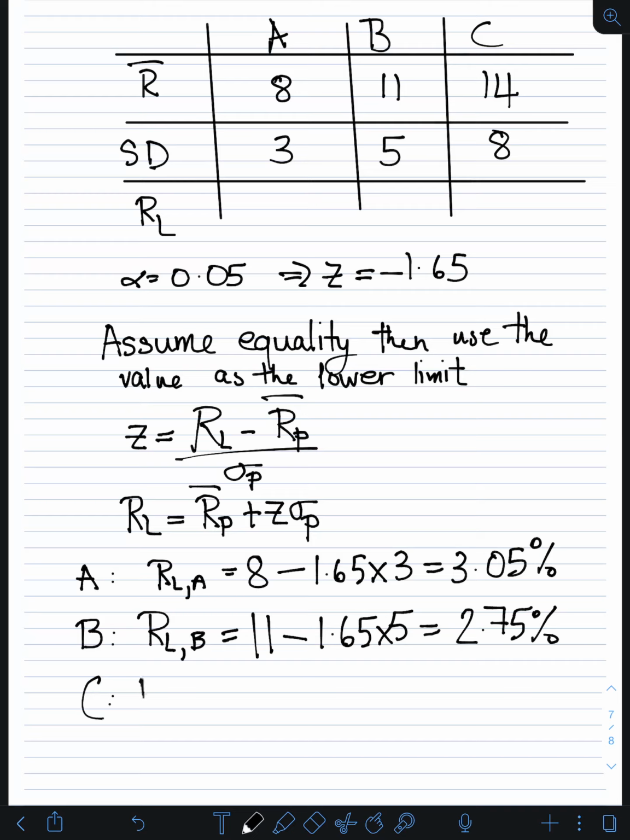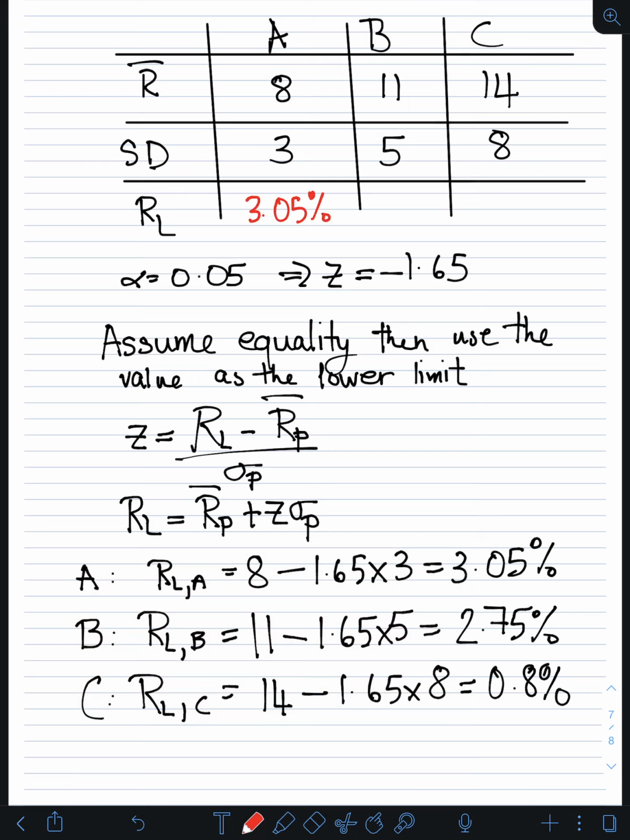So I apologize. We do the same thing for C. For C, the expected return is 14 minus 1.65 times its standard deviation, which is 8. Once we do that calculation, we get 0.8%. So let's write them down. Let me change the color so you know that I actually calculated that. We got 3.05%, 2.75%,